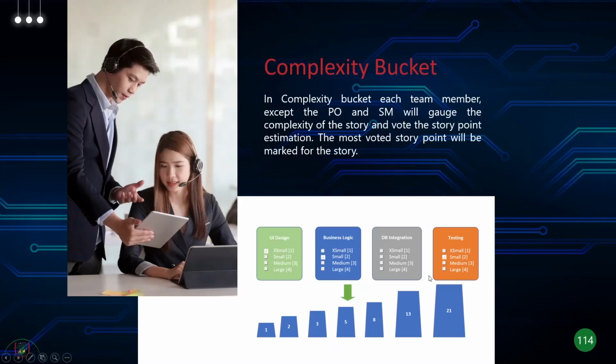And whichever story point is most voted by the team members, that's it. If most of the team members voted that a story should have a story point of 5, then the story point of the user story is taken as 5. And if there are any anomalies, you want to look at the extremes. So if somebody says the story is 21, or somebody says the story is 1, you want to know their reasoning, and you might want to revote and put it in the right complexity bucket.